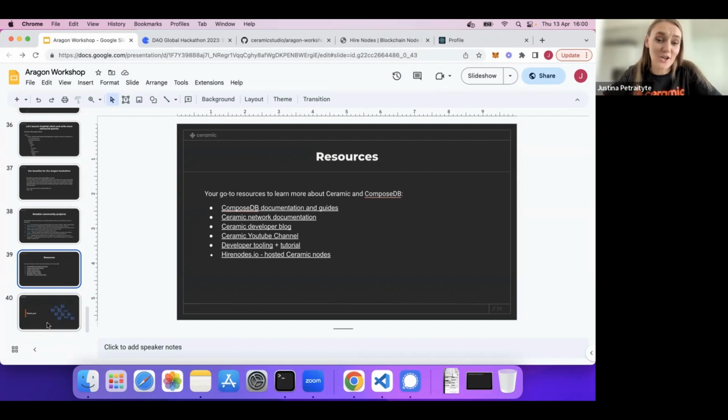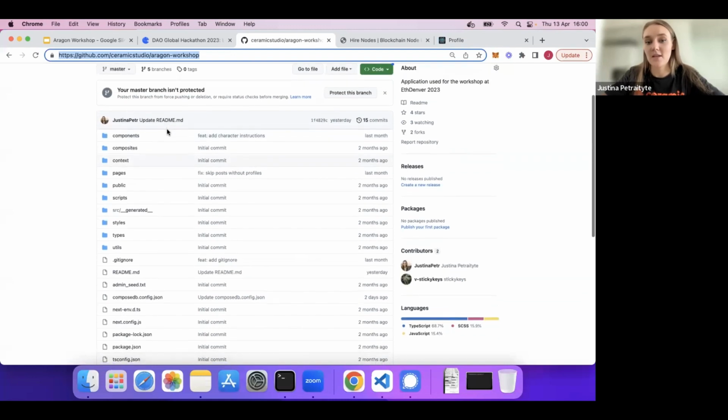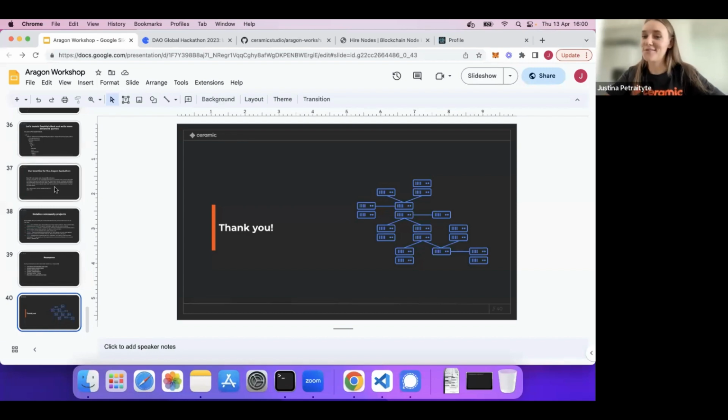So yeah, I think that's all on my end. Once again, everything that I did show today, I'll make sure that it's shared around, that it's available, especially this example, because you can really use that as a basis for your project. So yeah, thanks so much. I'm really looking forward to see what developers can build.